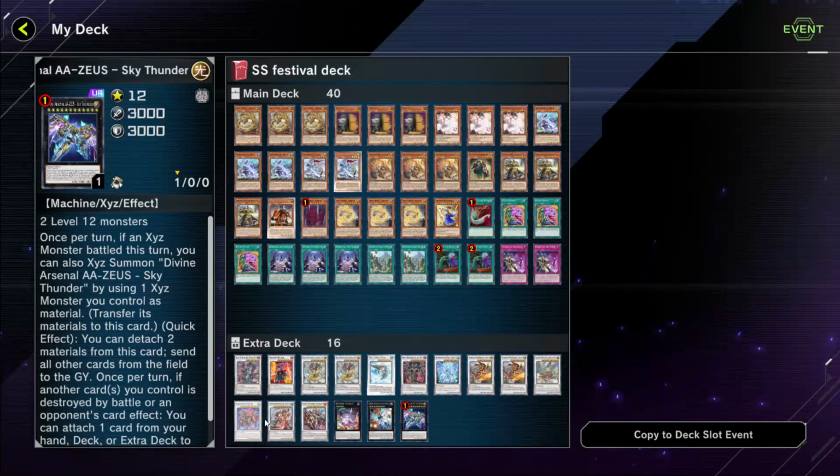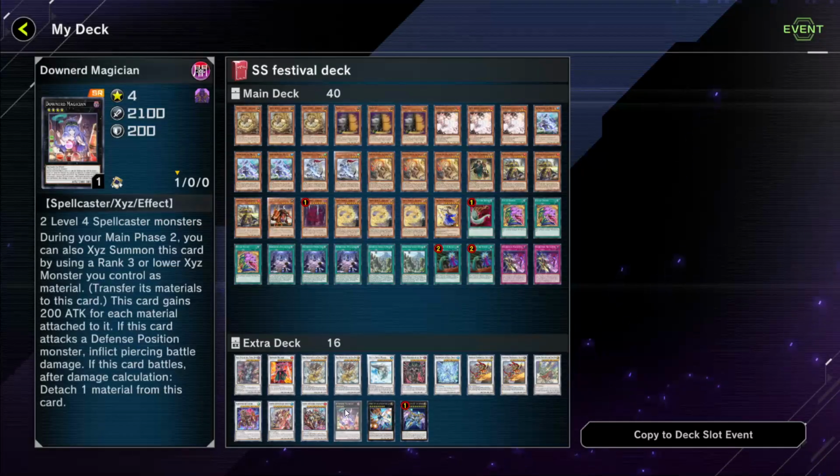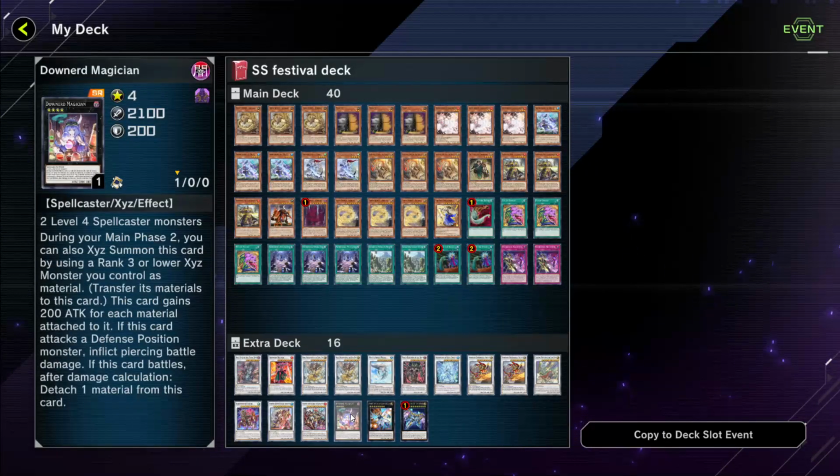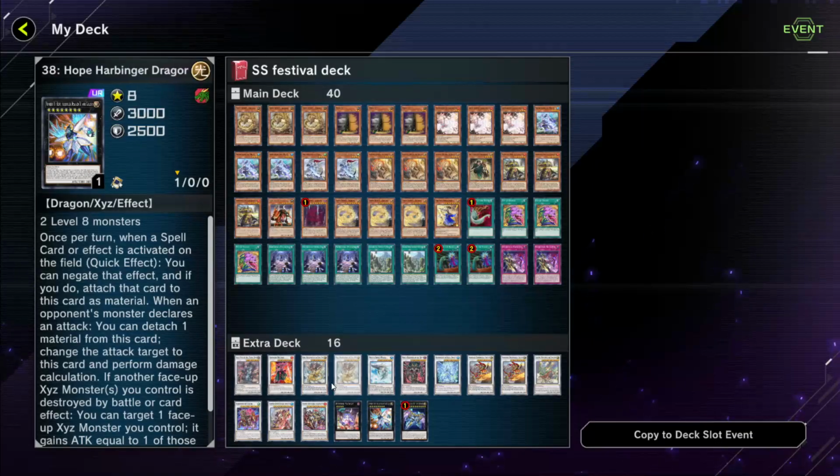Right now, I do have 16 cards in this deck. I know, but it's because I don't know what I want to take out, or if I still want to keep in Downward. It's really up to me. I'm gonna decide if I want to take out Emancipator, Dragite, or if I want to take out Downward, right? It's really decisions. But the reason that we're playing this is because Hope is a level 8 monster, and most